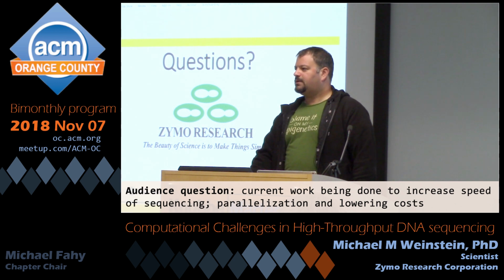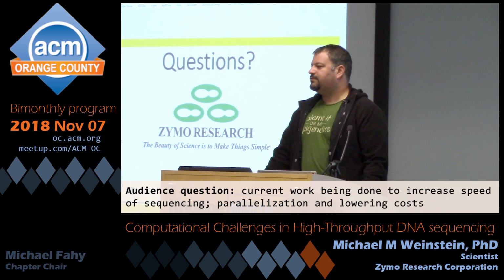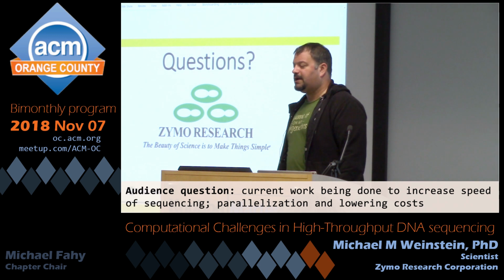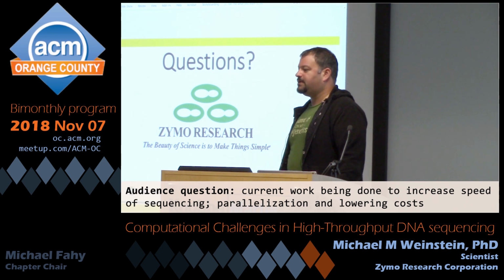So getting out that reference genome is going to be computationally expensive, but since it only has to be done once, and typically you're going to be doing a lot of alignment to it later, the cost of actually making the reference, of assembling the reference genome, pales in comparison to just all the alignment you're ever going to do against it. That's one of the reasons why aligners tend to evolve a lot faster than assemblers.